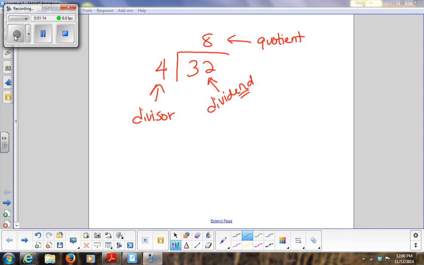Okay, so it's super important when you're doing division problems that you know where in the place value you place the quotient. Okay, so let's review place value. If I have,